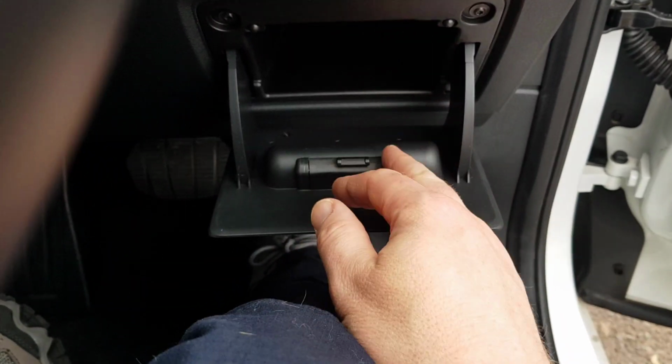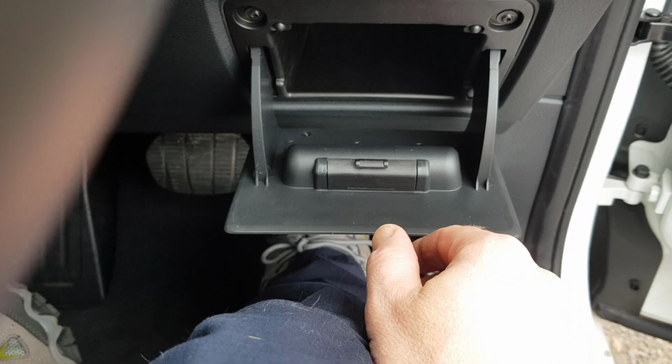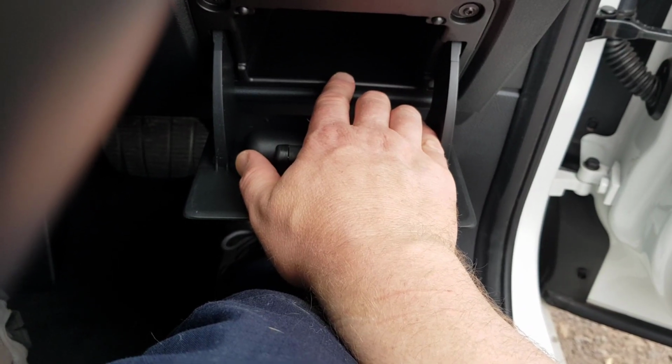This is a good little hidey hole. I had a 5 Series that had one of these, actually many 5 Series that had these, and then when I moved to my 6 Series it didn't have this. I like this, but what's disappointing about this, and come on BMW, you should do better than this, is that